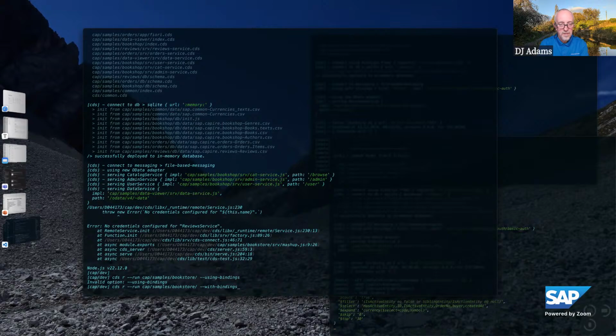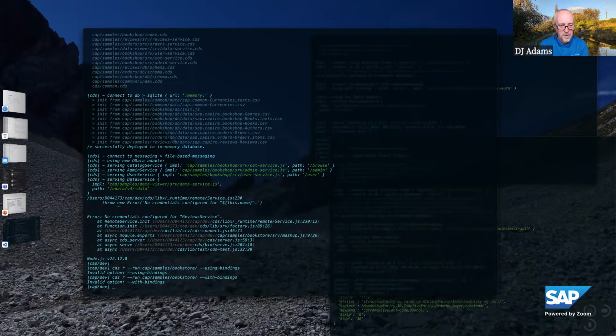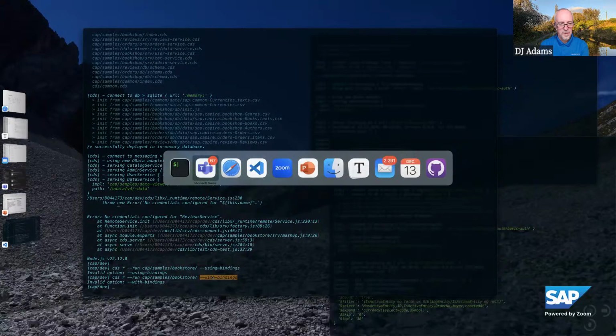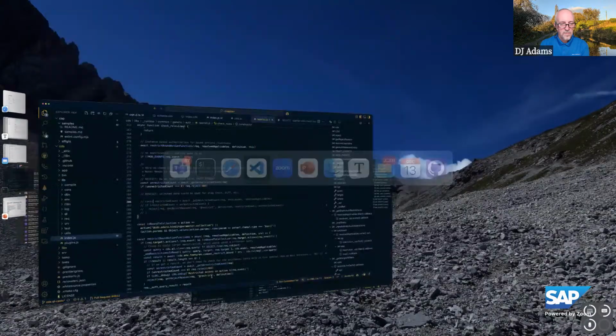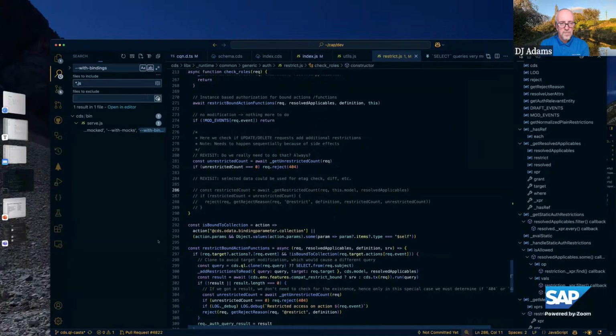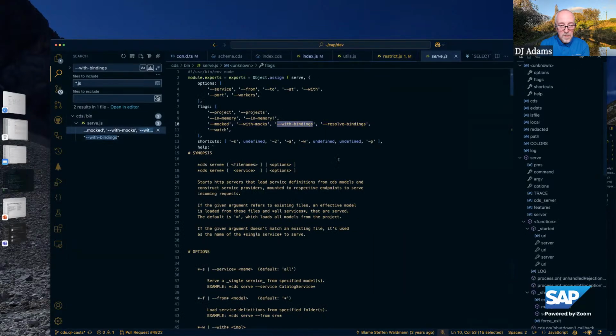Yeah. So I wanted to start it with bindings, but I think the REPL doesn't support this option. In cds run, we have this option. I need to enable this in REPL as well, as I now use REPL all the time. Let's check quickly. But that's the last one where I monkey patch our stuff. Monkey patching for the win. Okay.